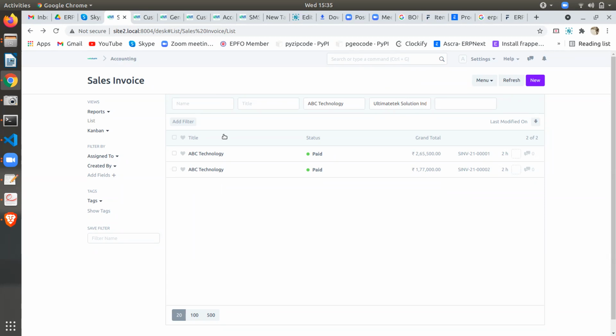Sir, once the sales invoice is done, maybe the next step is the delivery note. When we are doing the delivery note, only then will the stock entry be deducted from the stock ledger for the product. So once the delivery note is done for the sales invoice, it will not allow you to cancel or delete anything. If we delete the delivery note, then stock will be reversed to the production, like the FG store. Then we can delete the invoice maybe.